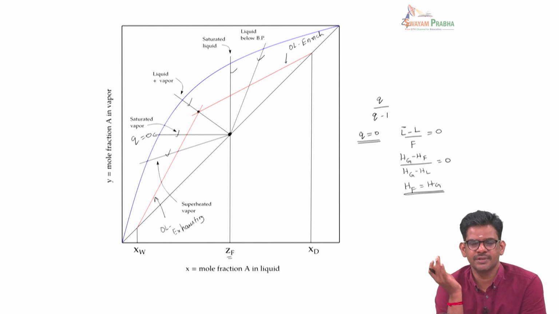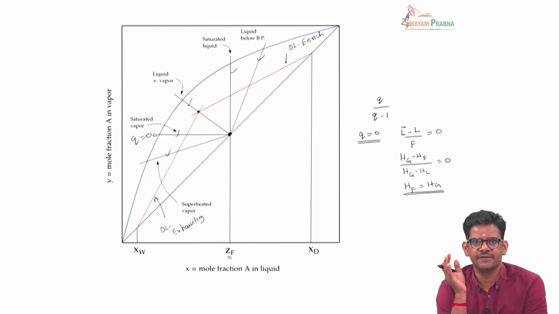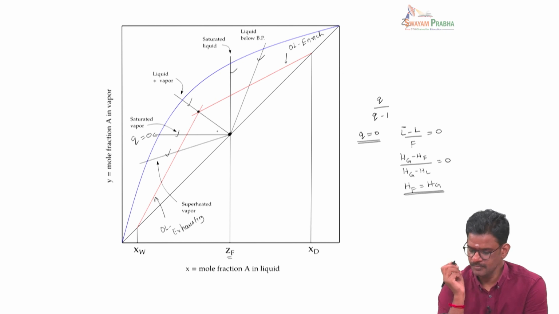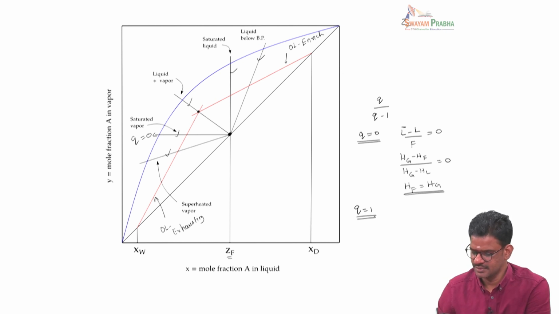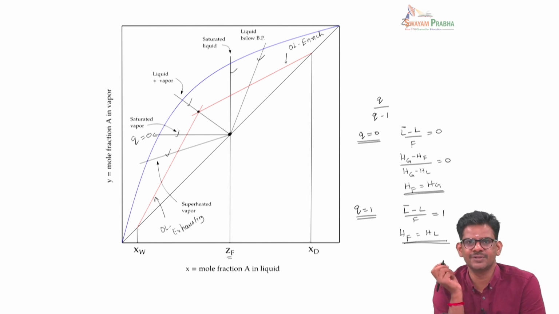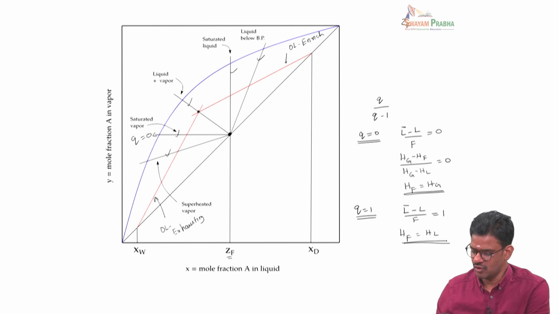So when q is 0, it means the feed is a saturated vapor, and that corresponds to a horizontal q line. If q equals 1, this means that (L̄ − L)/F is equal to 1, which means all the feed is saturated liquid, and HF would be equal to HL. The feed enthalpy is equal to the saturated liquid enthalpy, and all the feed is nothing but